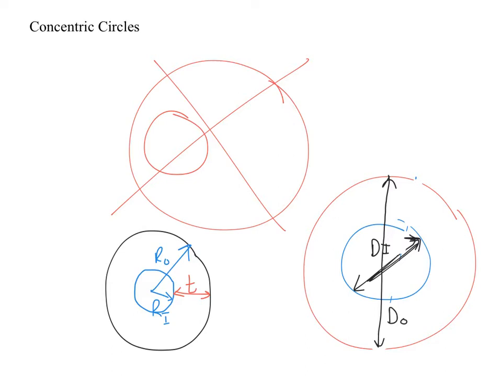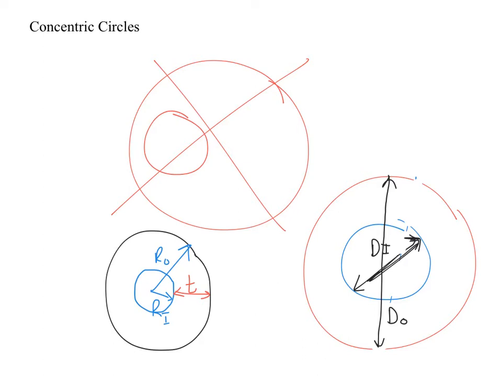So if you were using outer and inner diameter, if you subtract the outer diameter minus the inner diameter, you get 2 wall thicknesses worth. You see that? Take the outer diameter, subtract the inner diameter, you end up with 2 wall thicknesses. So you'd have to divide that answer by 2 to get the thickness of the wall. But for the radius, if you take the outer and subtract the inner piece, you end up with the wall